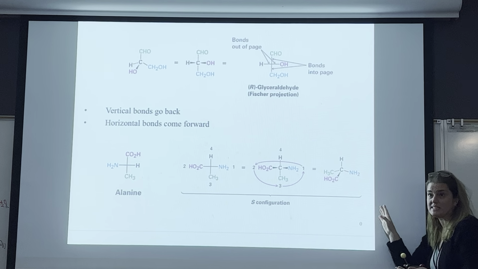That's exactly what the slide says. If you have an R and you pluck two of the groups off and switch them, then you'll end up with the S enantiomer. If you have an S and you pull two off and you switch them, then you end up with an R. Are we all right with that, friends? Okay, all right. Questions for me?